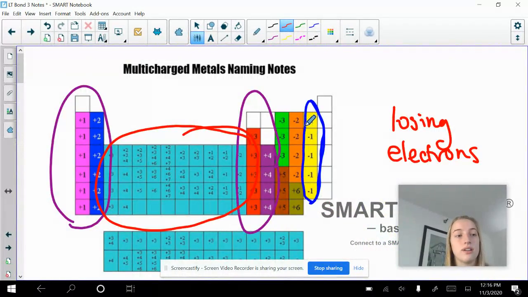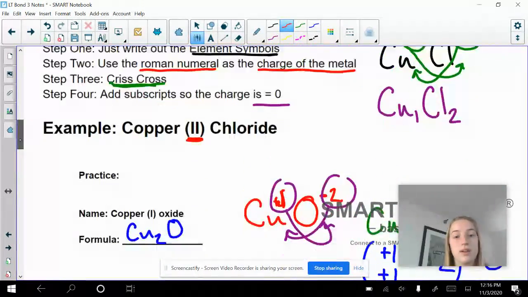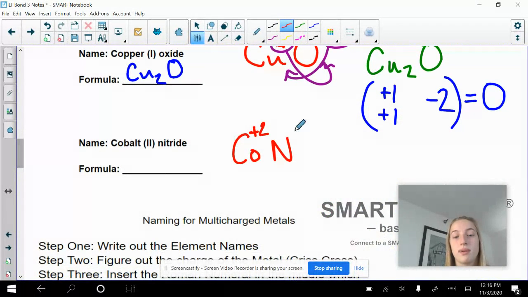My nitrogen has a -3 charge. I'm going to grab these and rearrange, do our little crisscross,